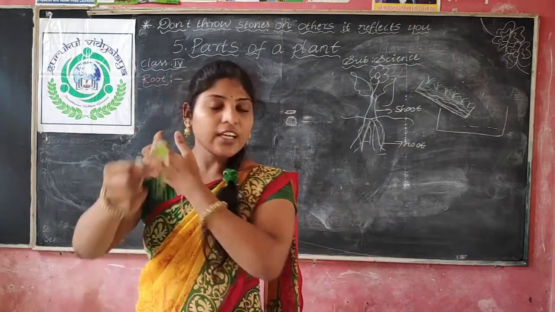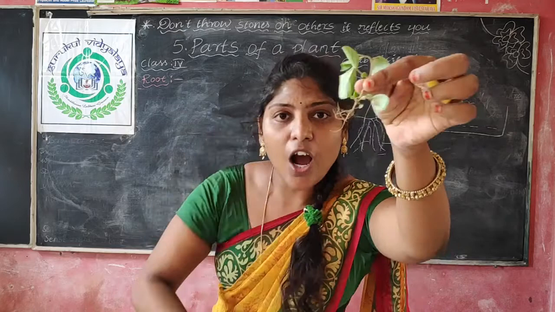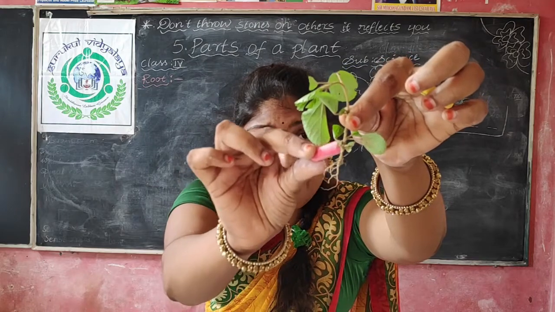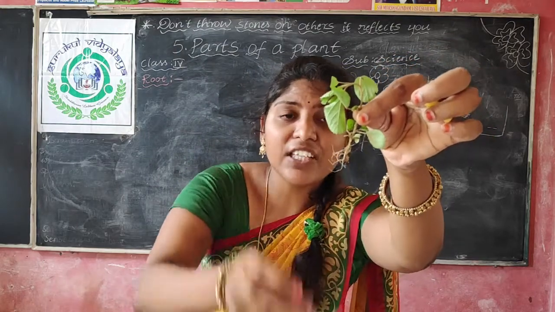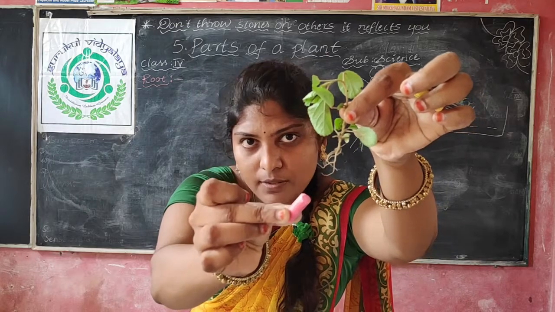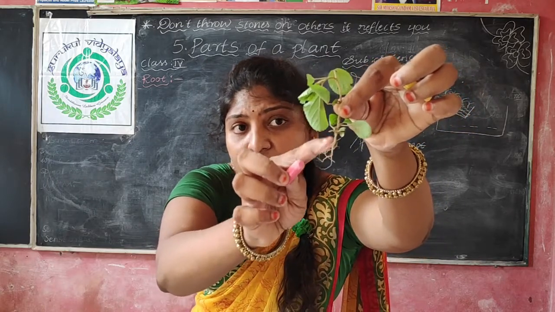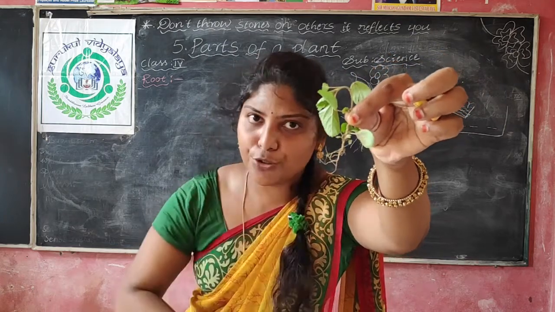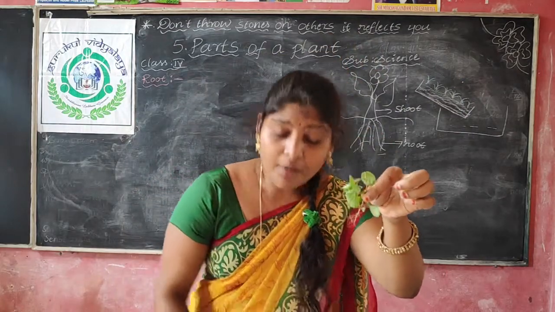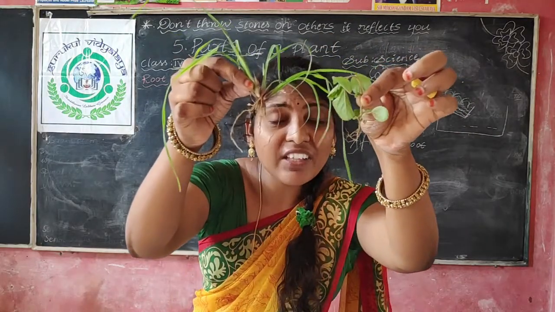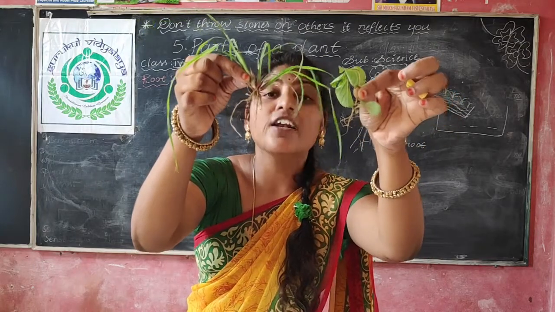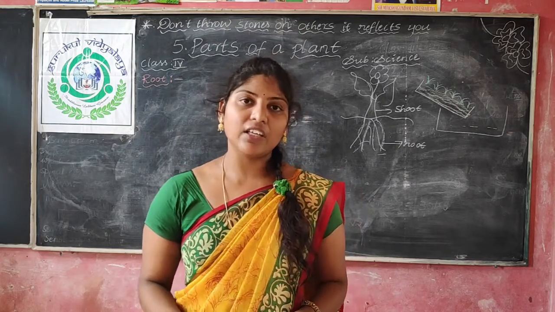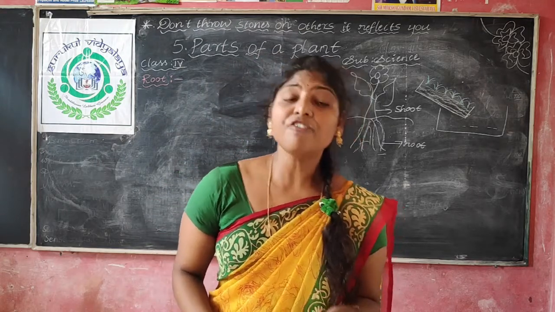And here you can see in this plant how the root is. See here, we have the main root. From this main root we are getting the remaining roots, which are connected to this main root. So this is also a plant, and this is also a plant, but do these two have the same type of roots or different types of roots? Different types of roots. Plants have different types of roots.